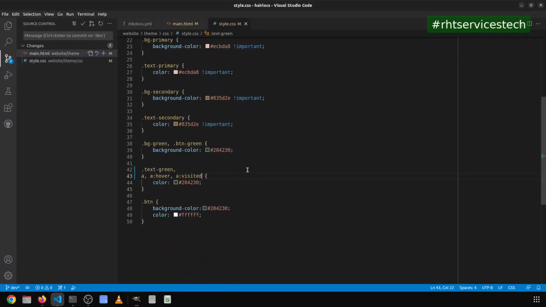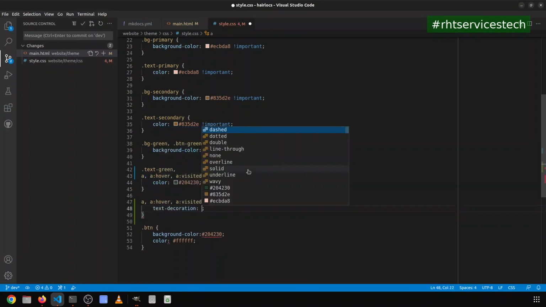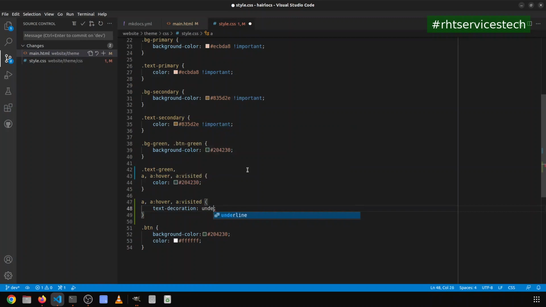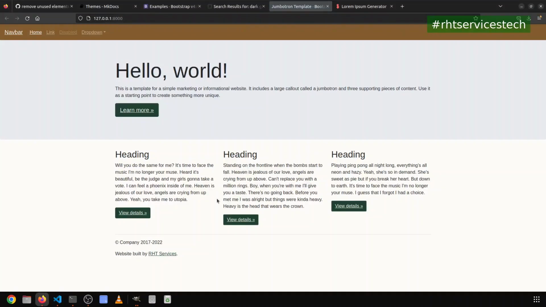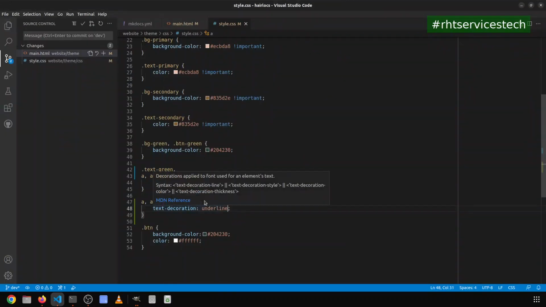So let's do this. I'm going to copy that and then we'll do text decoration, add default to, let's see what other options there are. I'm just going to do underline, keep it simple, and that way anytime somebody comes here you don't have to question whether it is a link or not. Now the exception will probably be these buttons here. I'll probably want to